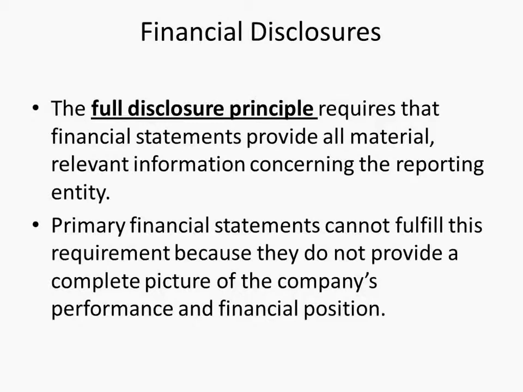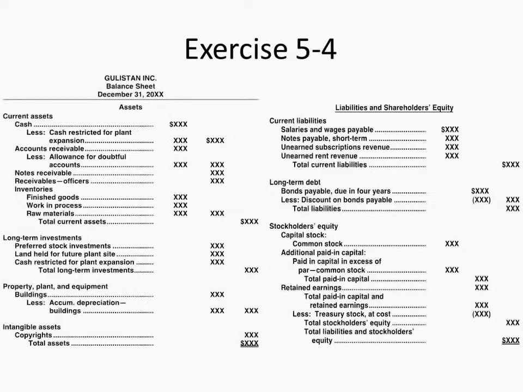Just the financial statements themselves don't provide all that information. So for example, if I was to go back for one moment to buildings less accumulated depreciation buildings. What depreciation method do I use? We don't know. It doesn't tell us that information, right? Inventories. What method do I use for that? We have no idea. Okay? What's my discount on my bonds? Well, actually, we know the current year's discount. We don't know what it's going to look like in future years. There's lots of information